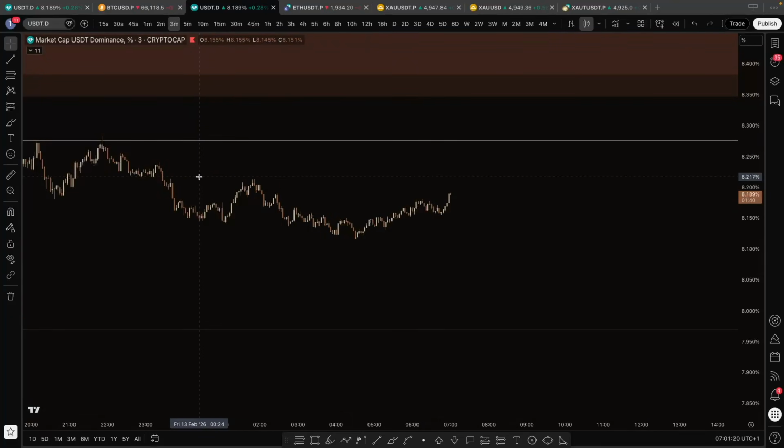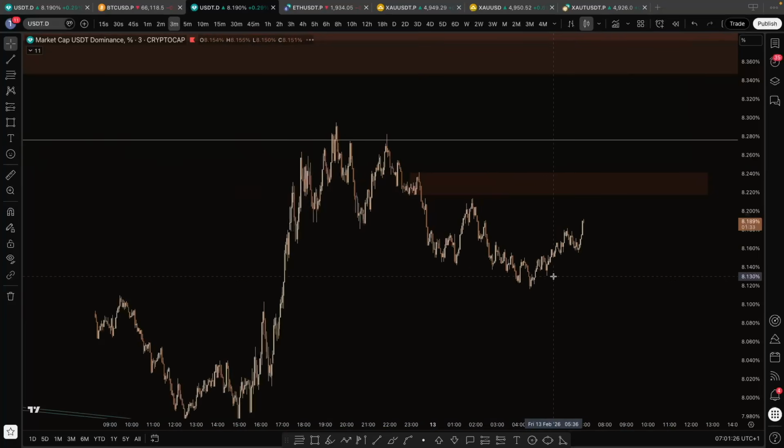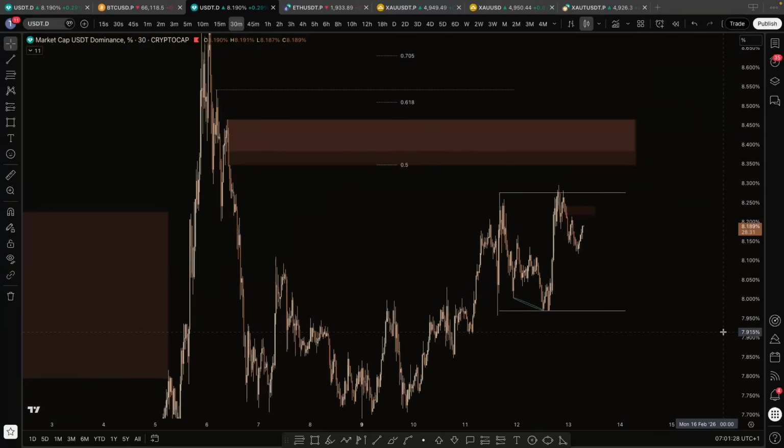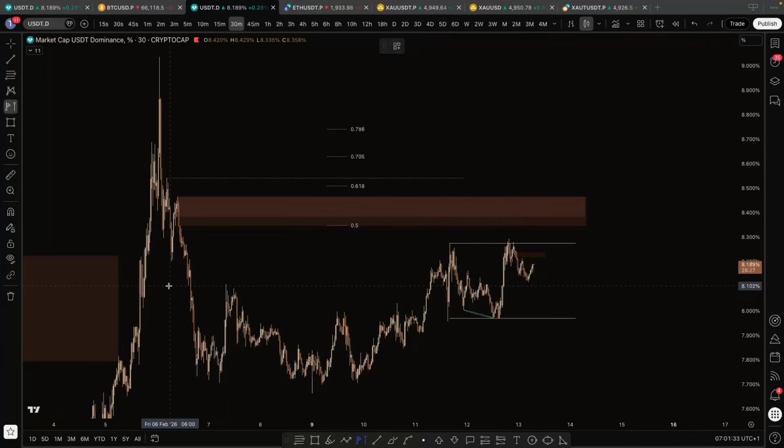Yeah, you don't have some. Yeah, you do. All right, so I will watch this supply for some local rejections, but that's of course very low time frame. Like this is the main thing on USDT I'm watching.